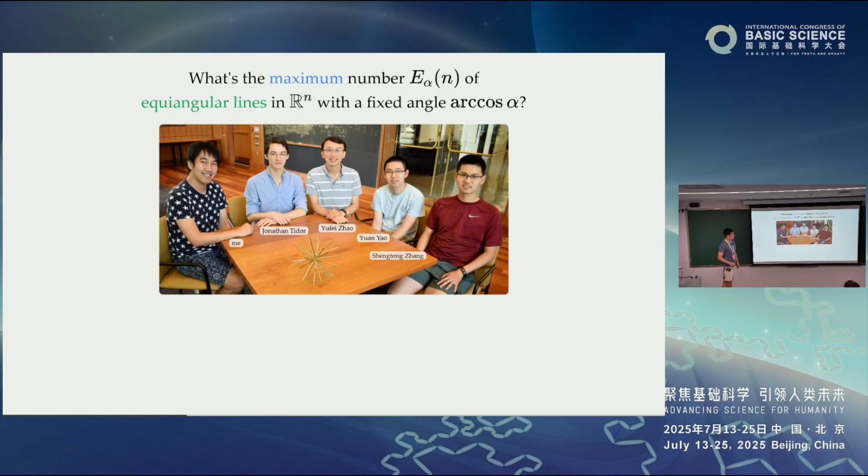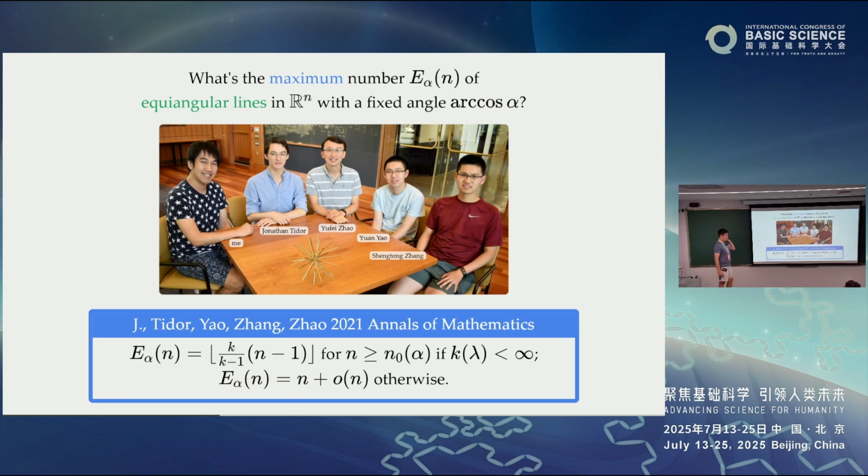And here's the team when I was a postdoc at MIT. So back then I was still a postdoc. I think then was a graduate student of Yufei, who was a faculty at MIT, and Yao Yu and Zhang Shentong are undergrads at MIT. And what we managed to do is to overcome this barrier. Not only did we prove what's conjectured, but we also precisely give a formula for this function whenever the dimension is large. Okay,